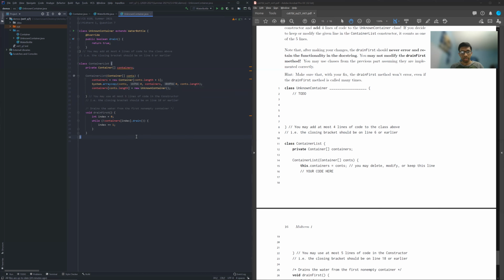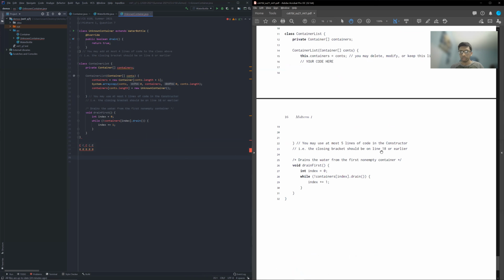So that wraps up this whole question. Basically what we were doing is we were accounting for an error. And the error was that if I had a bunch of containers and they were all empty, well, I would just keep cycling through them because of this while loop. Drain would keep returning false because nothing was being drained, and then not false is true. So while true, right, we keep going until we hit a non-empty container. Well, you just keep going all the way. There's no check stopping you.